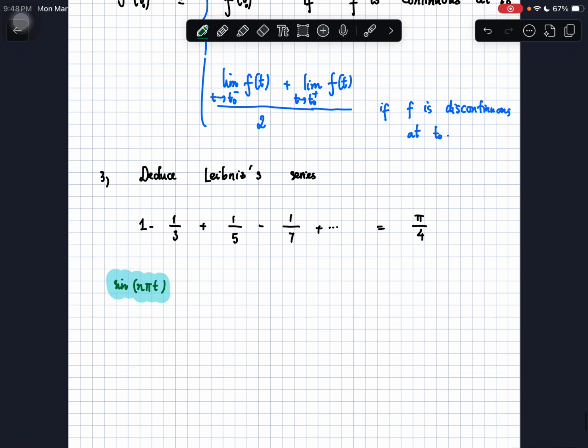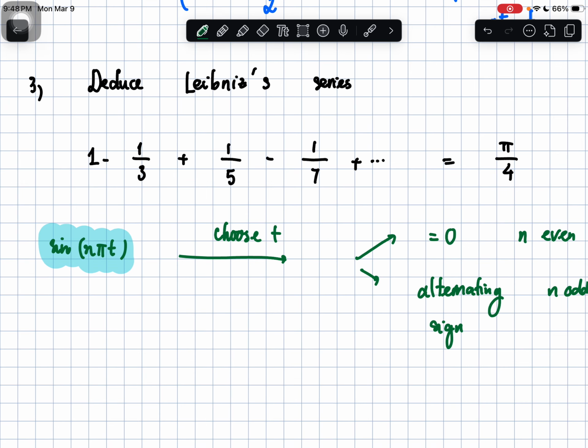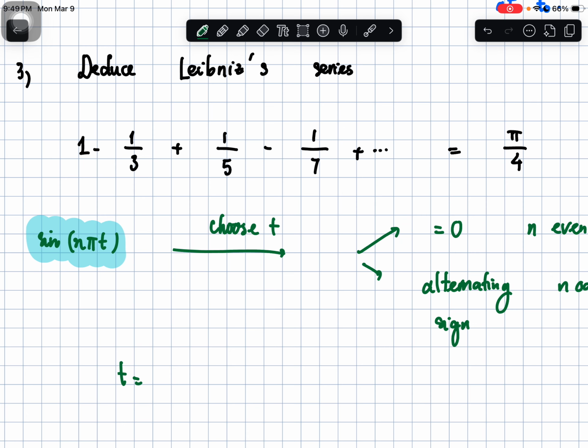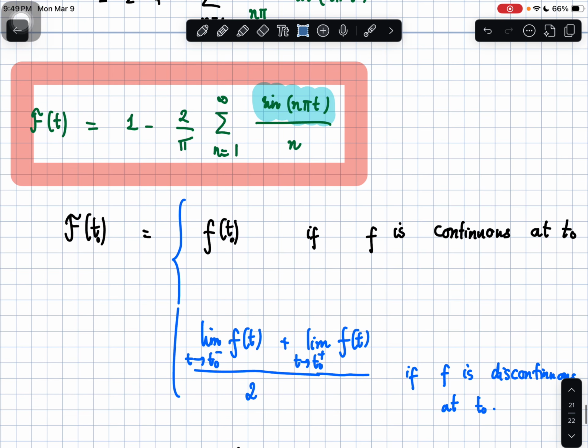Choose t so that it is 0 when n is even and alternating psi, so plus minus when n is odd. So one option I can do is to choose t equal to 1 over 2. T is equal to 1 over 2. The Fourier series becomes